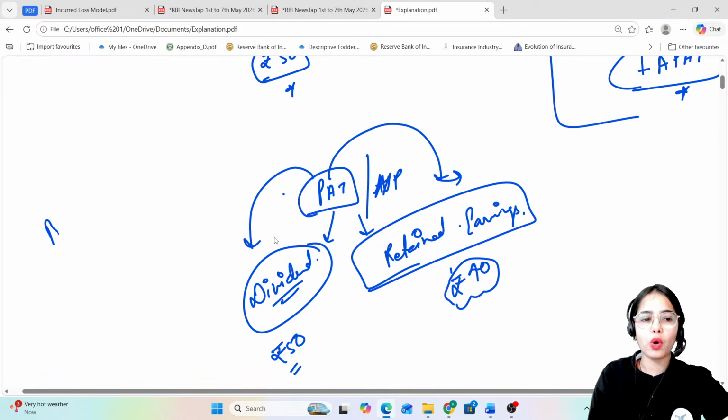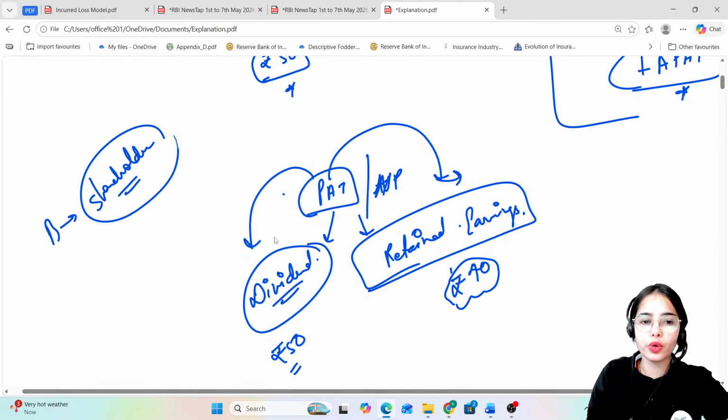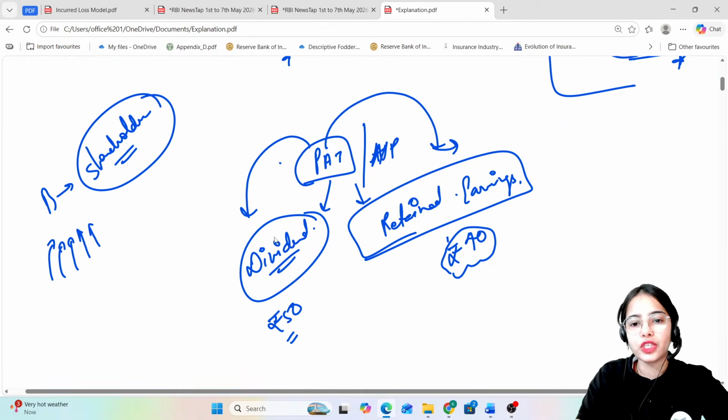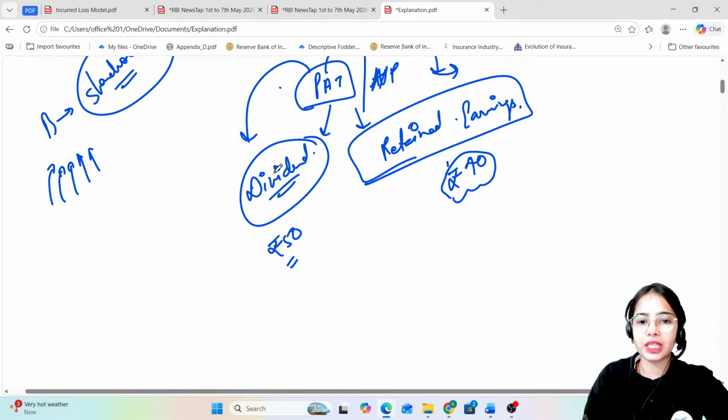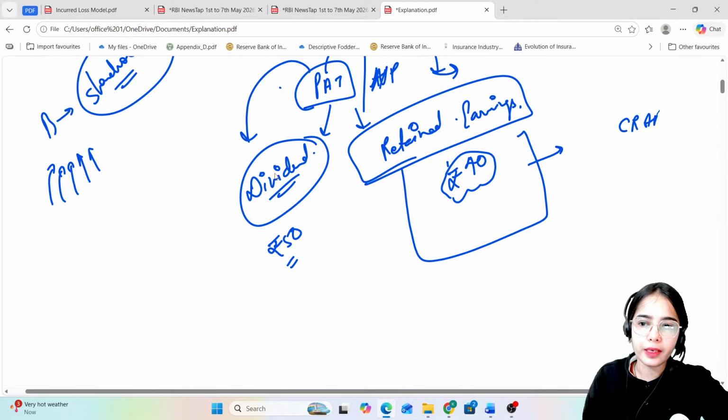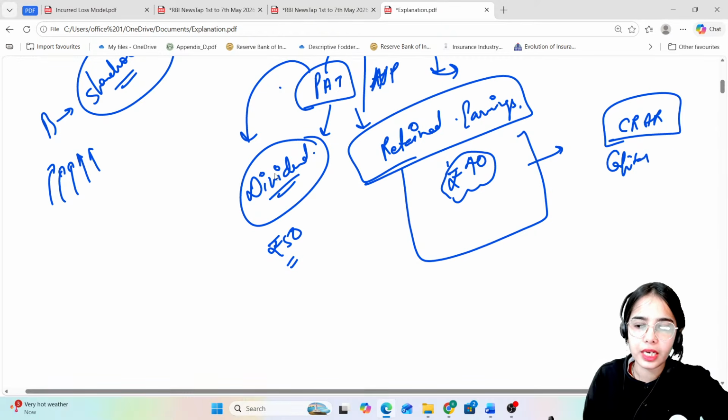Okay, so the bank always wants to pay its shareholders a good amount so that other investors are also attracted towards the bank, or the bank can raise funds in the future. So this is the idea. The bank is giving the dividend and whatever is left is the retained earnings. Now retained earnings were added in the CRAR, the capital against the risk weighted asset, under the capital.